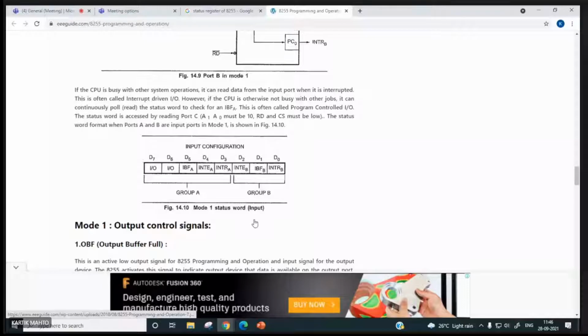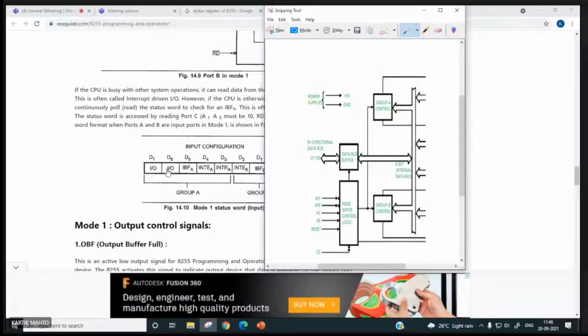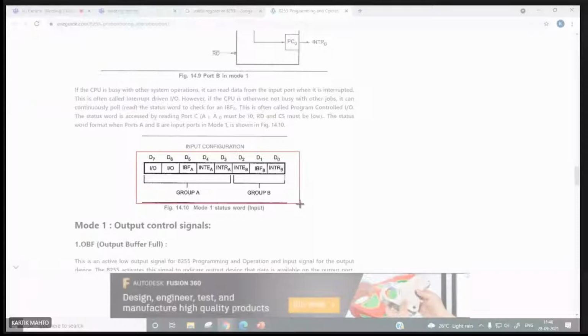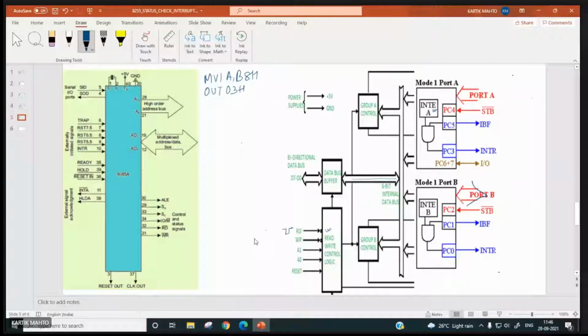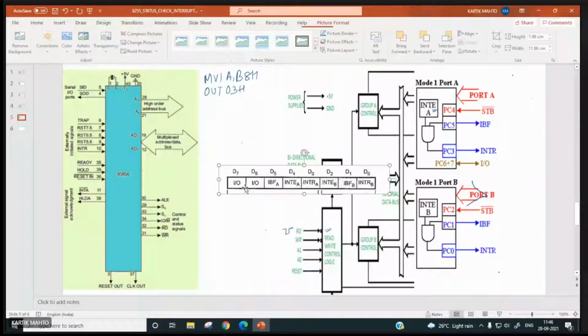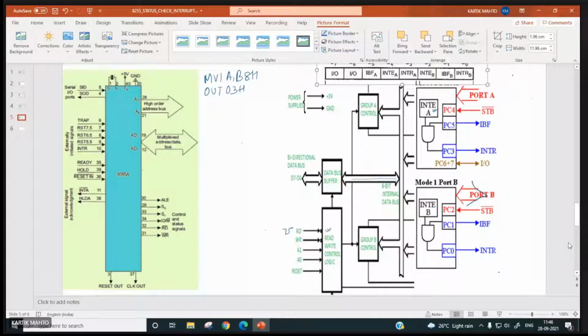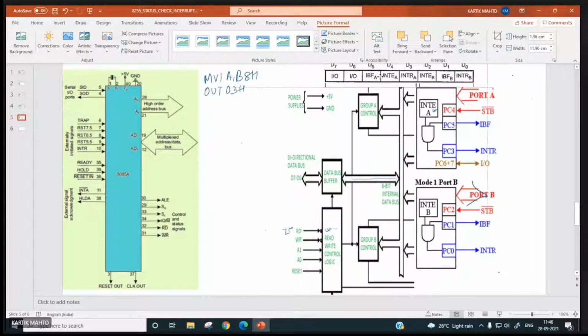New. Copy. Paste. Right. So it is D4 bit or PC4.